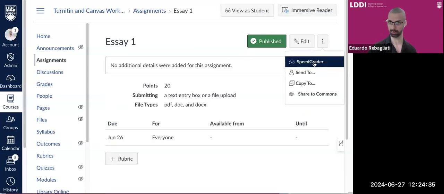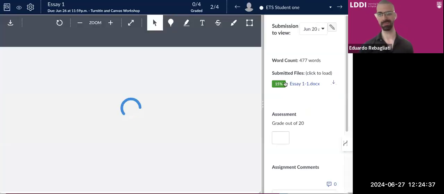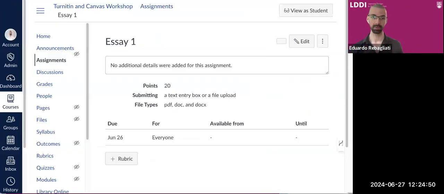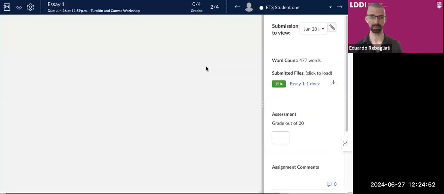And I'm going to go to SpeedGrader, same thing. You'll see 15%. So that's kind of the normal thing that you will find if students have not been doing plagiarism, of course. Normally something around 10 and 20 will be a normal percentage. So let's go back to, actually, let me show you this one first